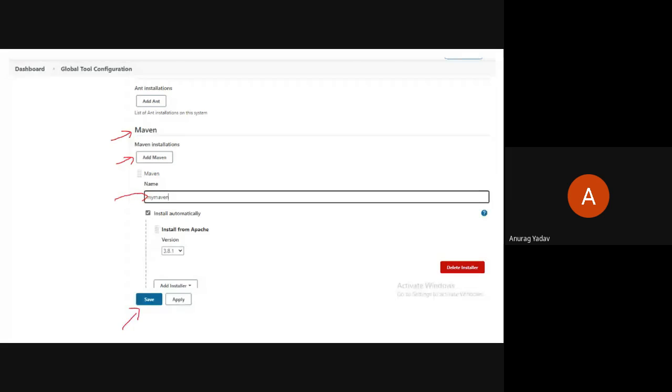Ma'am, after naming My Maven, we have to just save it. So don't save it, just wait a minute.